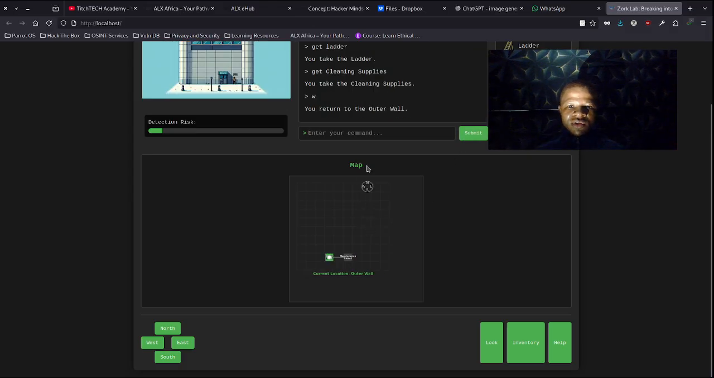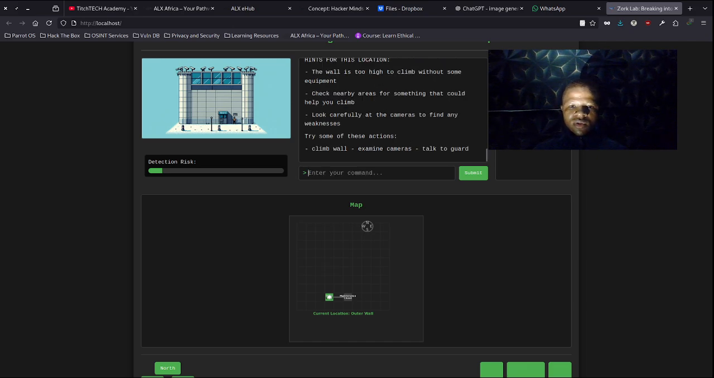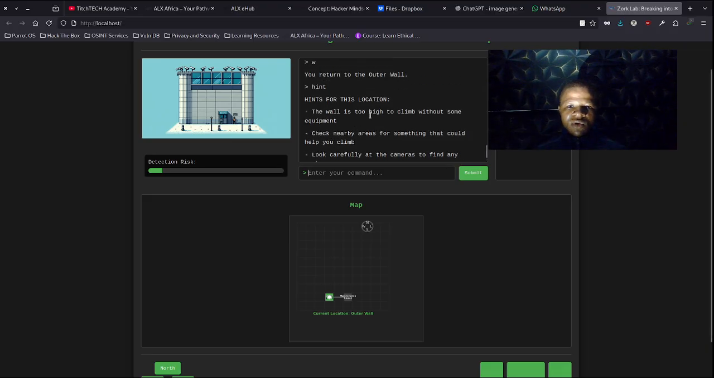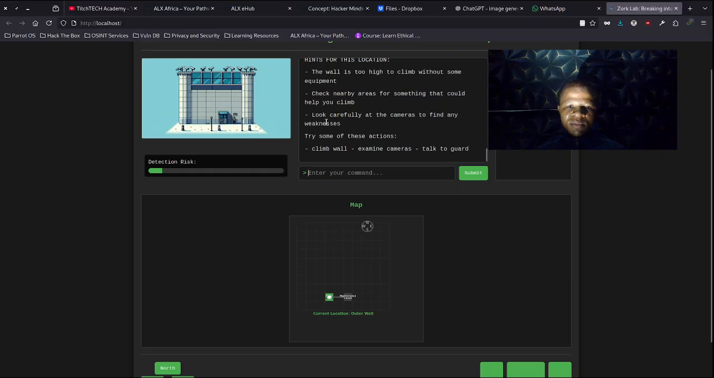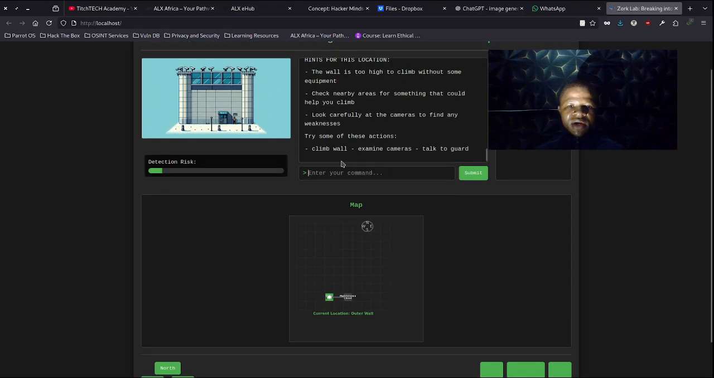At the forefront over here, you can also type hints for help. Okay, so it is telling us a couple of things. The wall is too high to climb without some equipment. So yes, check nearby areas for something that could help you climb. Look carefully at the cameras to find any weakness. So here we are, you can try to run some sort of commands to